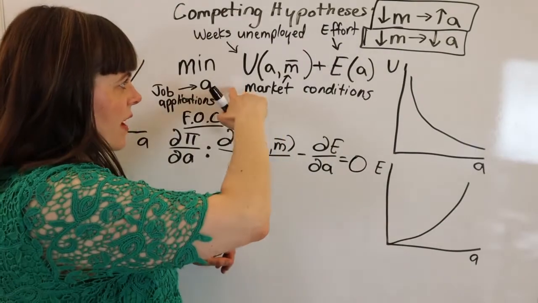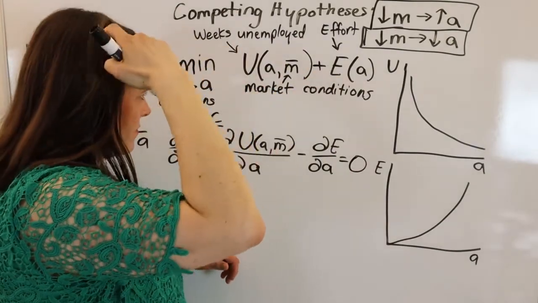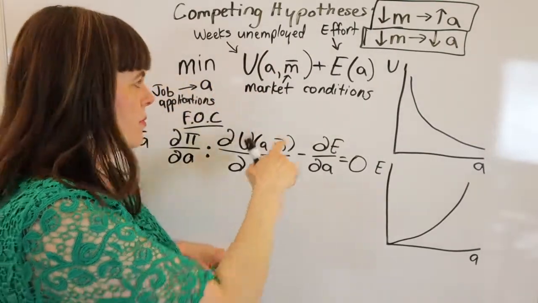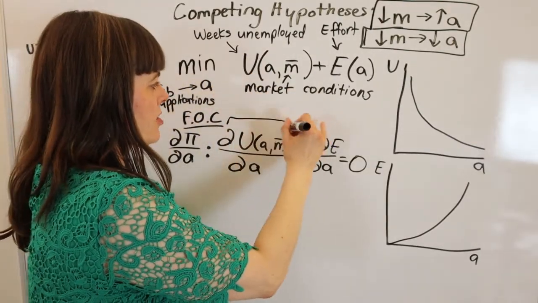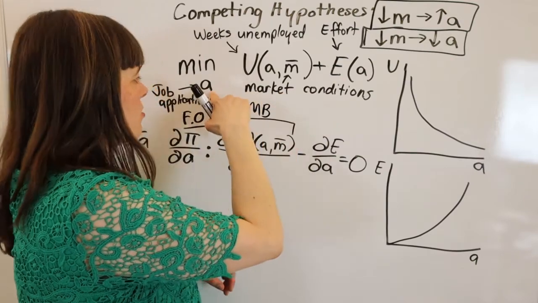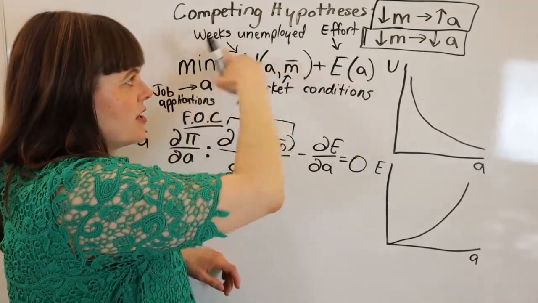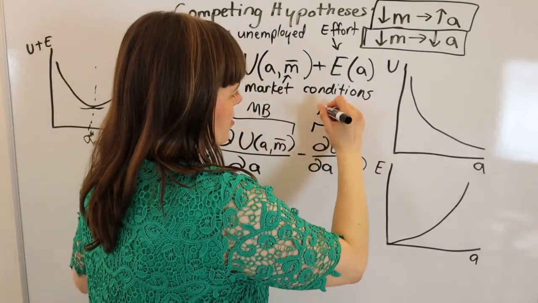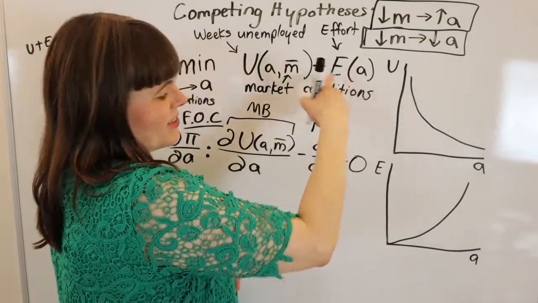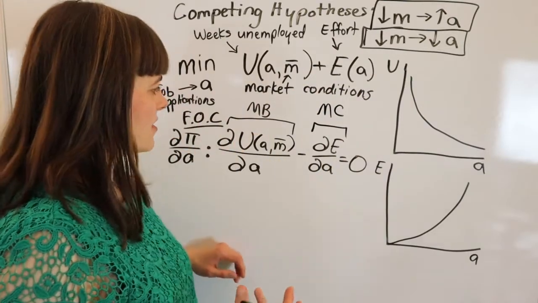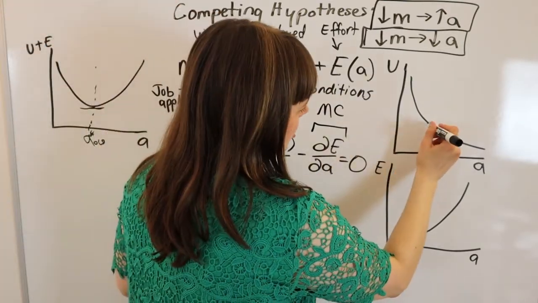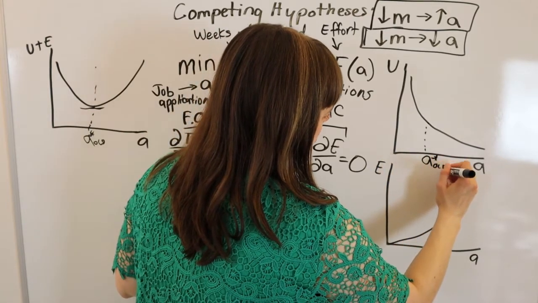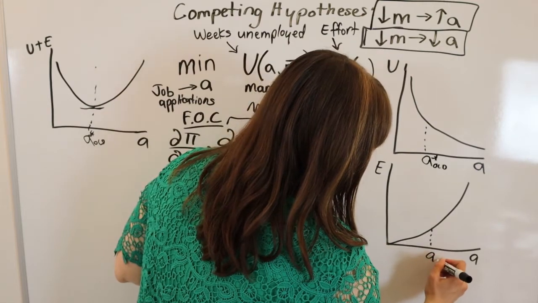All right, here we have our marginal. Well, this is the marginal benefit. Like if this were a maximization problem, this would be the marginal benefit. So I'm going to call it the marginal benefit because increasing job applications decreases the weeks unemployed, so that's a benefit. Here's our marginal cost. Increasing applications obviously increases effort costs. So we've found a value of A star, optimal applications, I'm calling it A star old, that optimizes